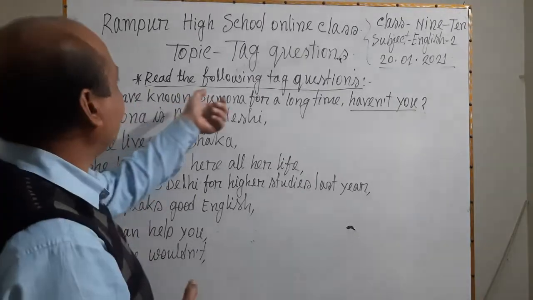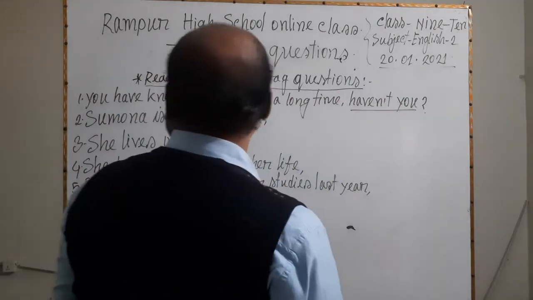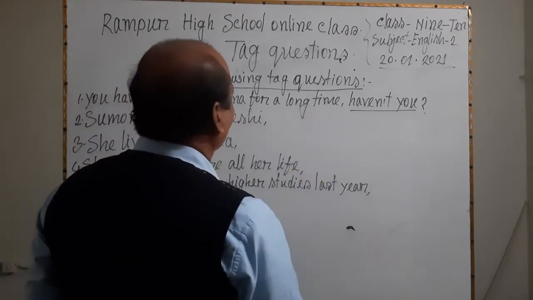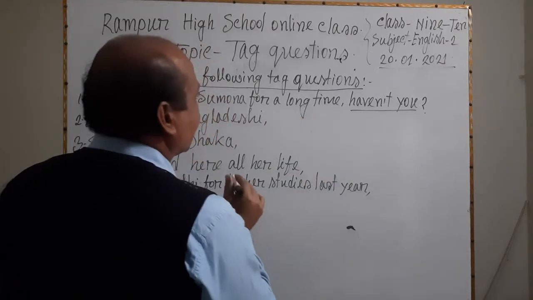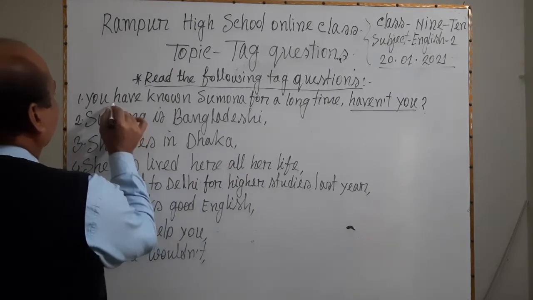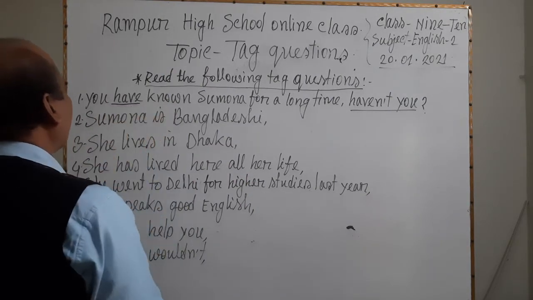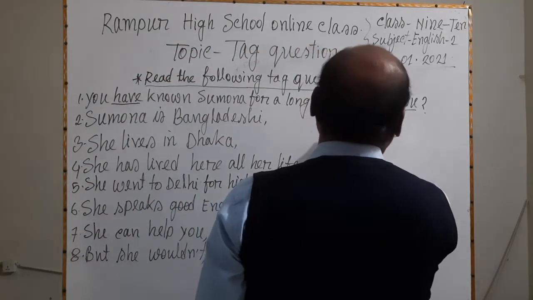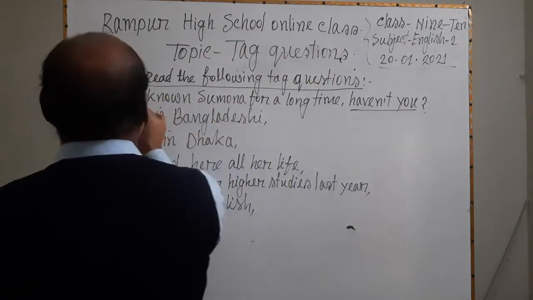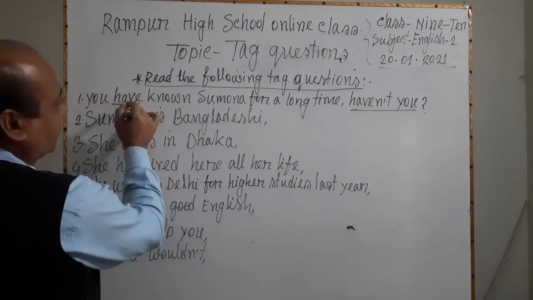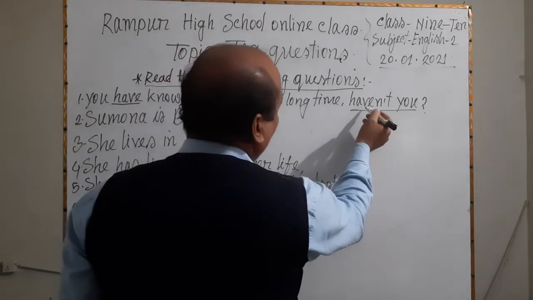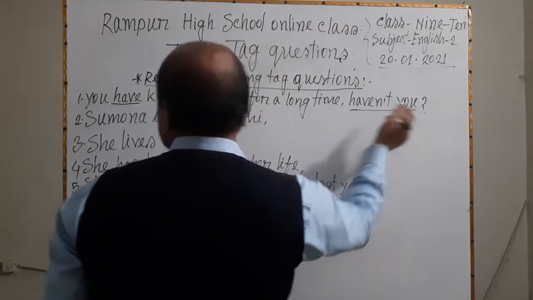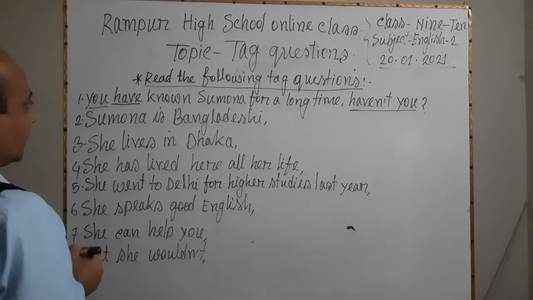The learners, read the following tag questions. First one, you have known Shumana for a long time. Dear learners, here in the statement there is an auxiliary verb, have. So we use have in the tag question, and as it is an affirmative statement, we will use the negative form in the tag question, then the subject you. Dear learners,